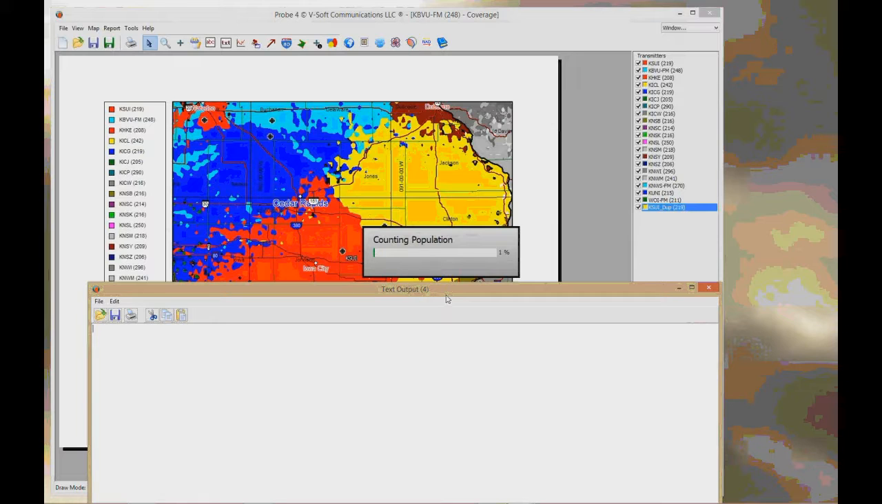Yeah, unfortunately, this study has a lot of transmitters in it, and it takes longer. But essentially, what this is going to do, if we have time for it, is generate a report that shows what is the population in this yellow area here, and what is the population that's in the red area, and what is the dark blue, and what is the light blue. So each transmitter is going to show